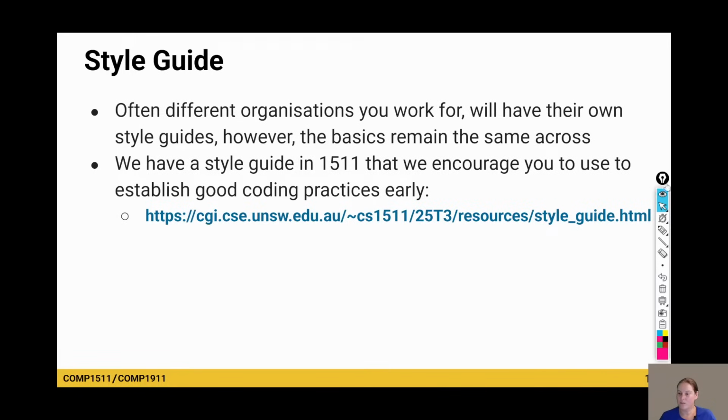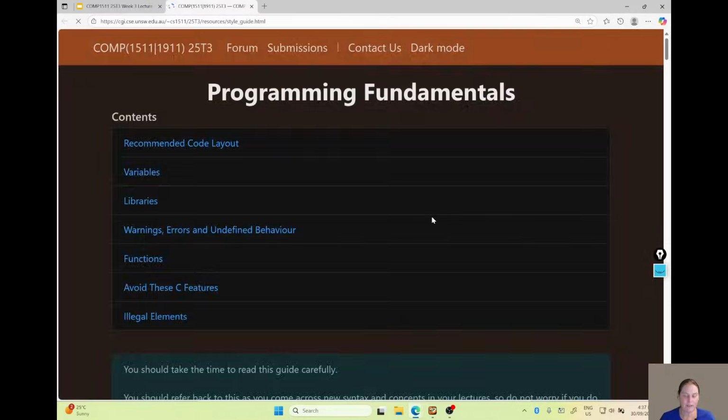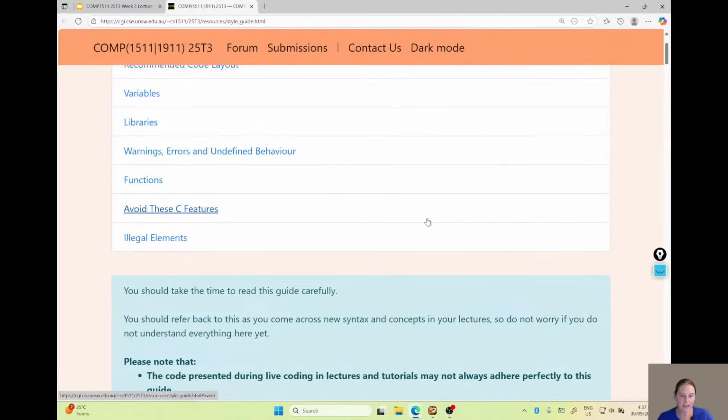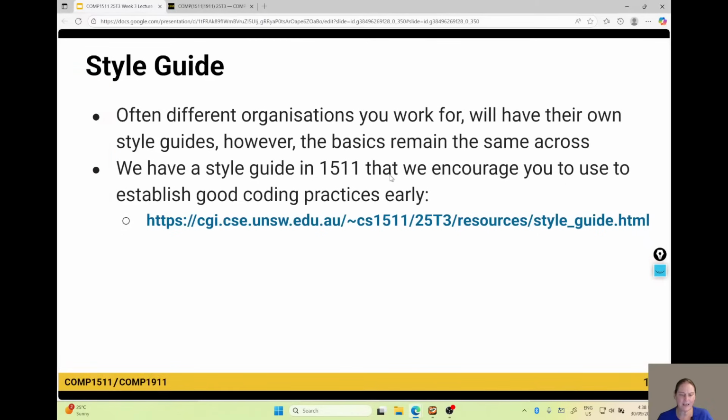Now, when you work at different organizations, I should start by saying that every term people look at our style guide, because we've got a style guide. Let's open it. Every term people look at it and say, oh, I don't like it. I don't like doing this like this. I saw that somebody else does this like this. I didn't want to use 4 spaces for my indentation, etc. And that's fair enough. We get into habits and we want to do things the way we like it.